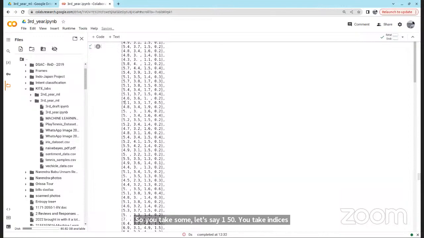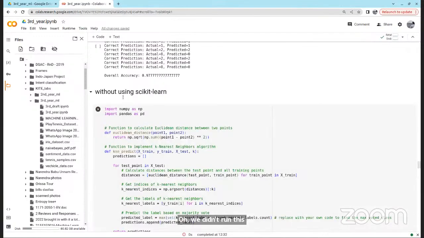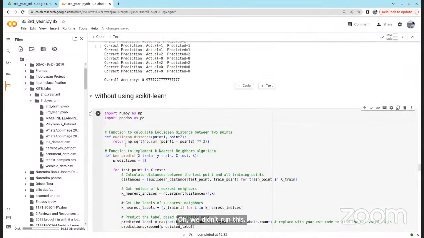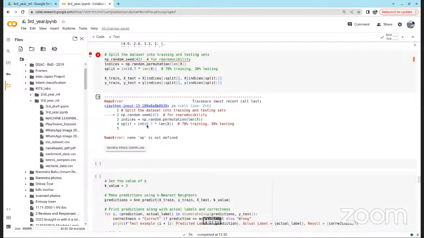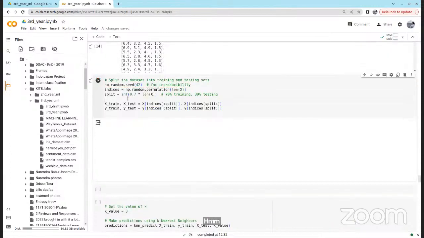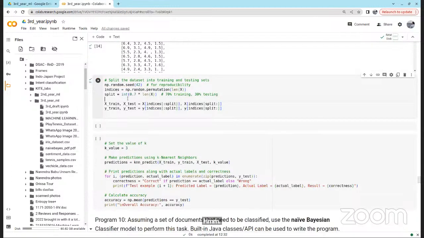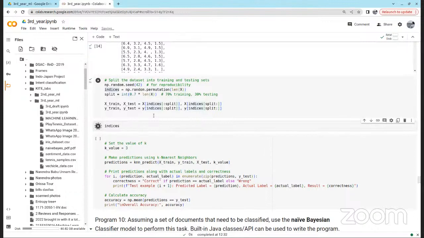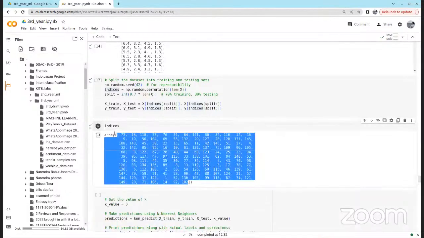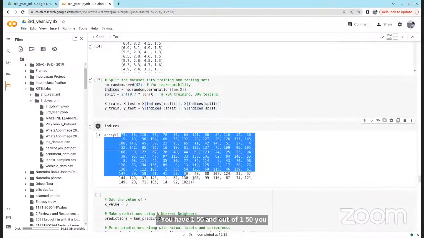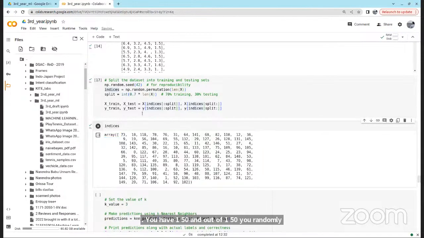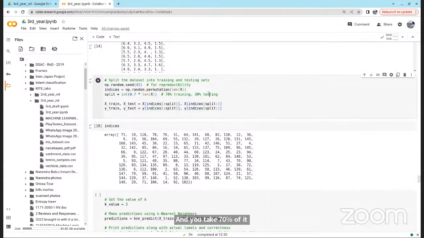Oh, we didn't run this. See, you have 150, and out of 150, you randomly arrange those 150 points, and you take 70% of it for training and 30% of it for testing.